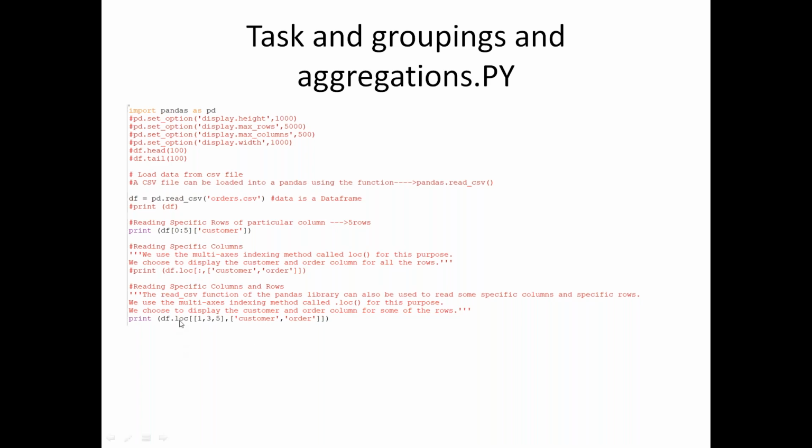So df.iloc in square brackets: before the comma is specific to the rows, and after the comma is the columns. Before the comma I'm giving 1, 3, 5, and after the comma I'm giving the customer column and the order column. So 1, 3, 5 is the second row, the fourth row, and the sixth row, since indexing goes 0, 1, 2, 3, 4, 5, n minus 1, fifth row index. That way it works.